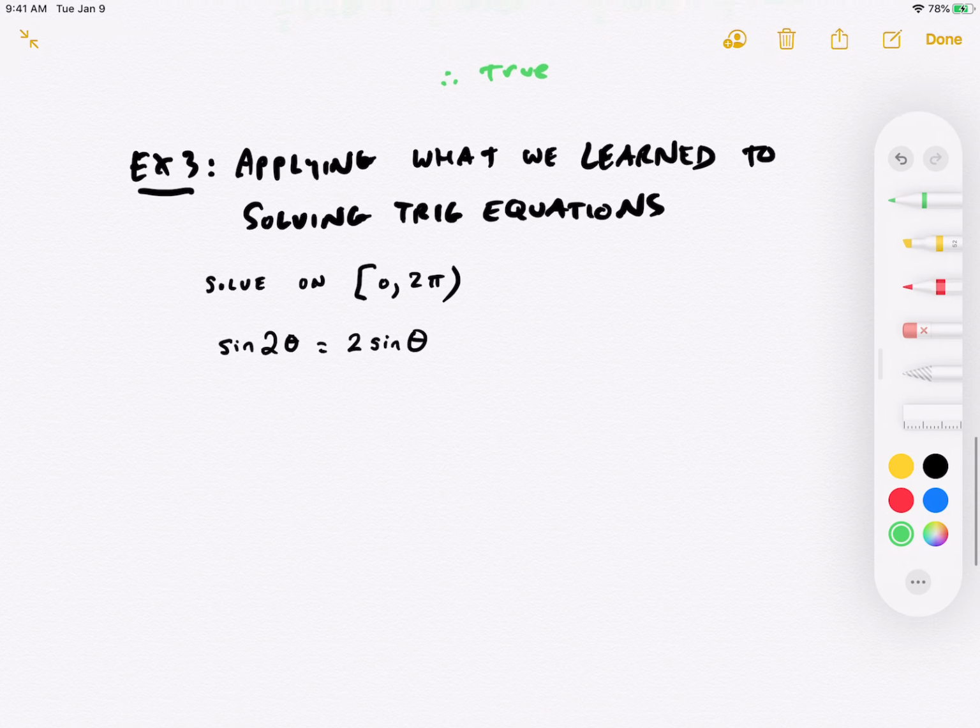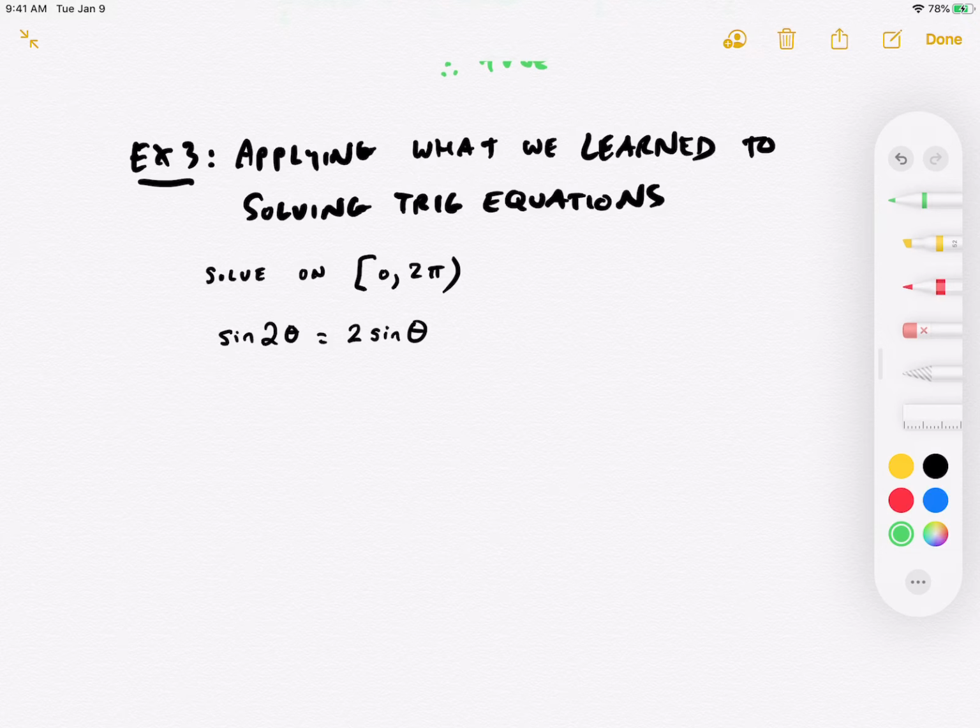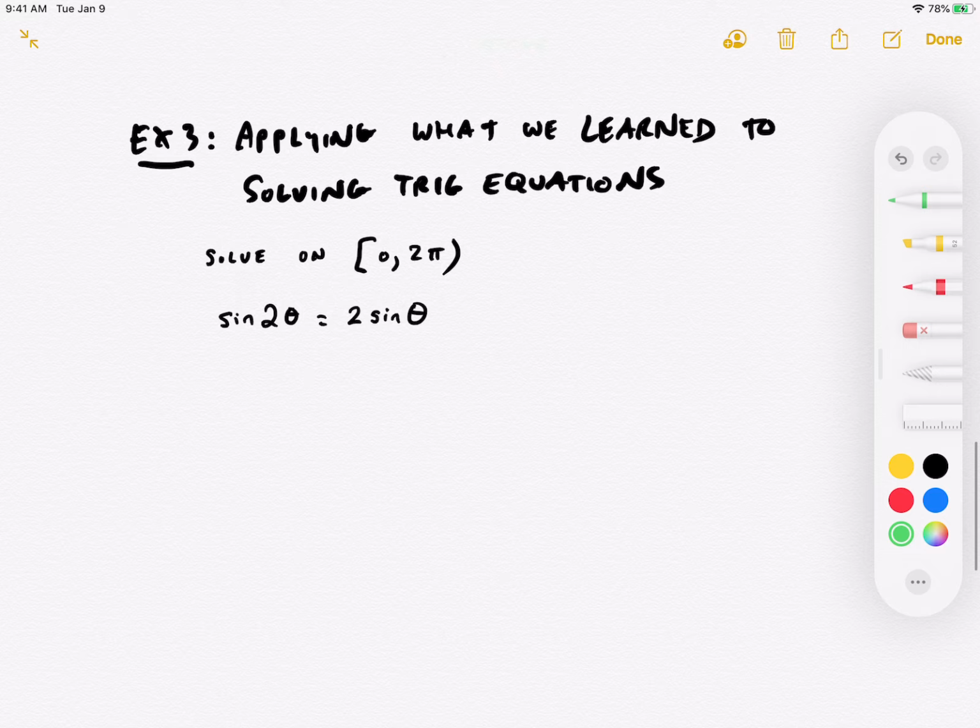In example 3, here is a trig equation that we would not have been able to solve before. It says find the solutions on the interval from 0 to 2 pi, where sine of 2 theta is equal to 2 sine of theta. In fact, this may have been a mistake that a lot of us made in the beginning before we talked about graphing and all of that. This is a sine that has a frequency of 2,